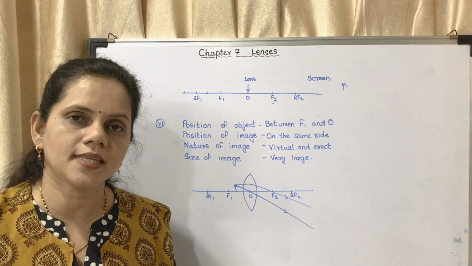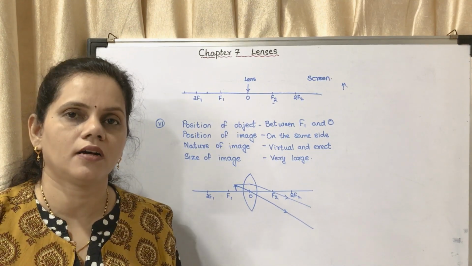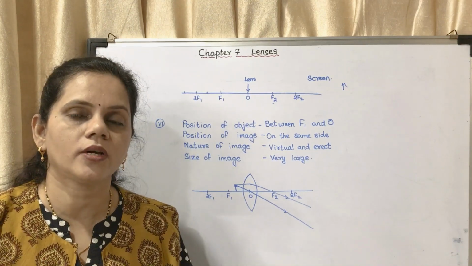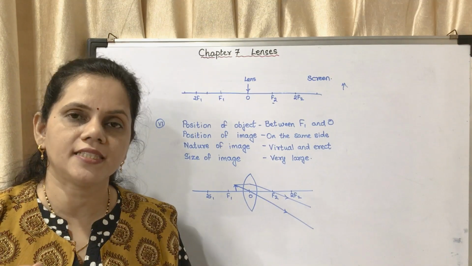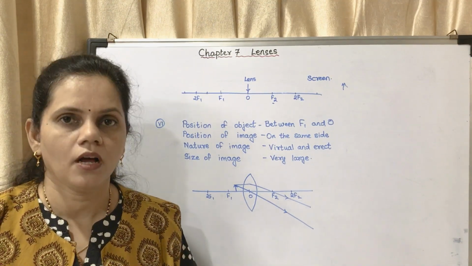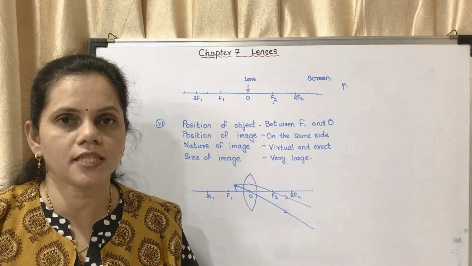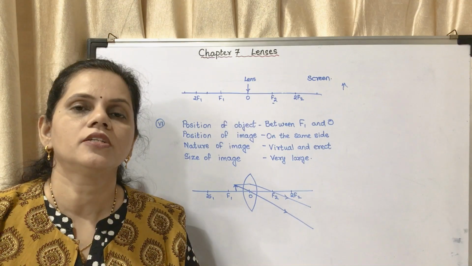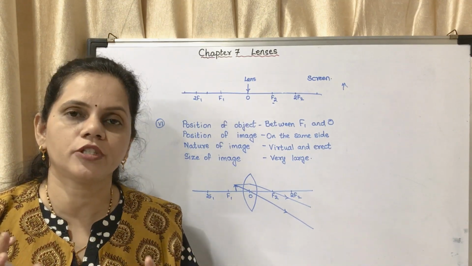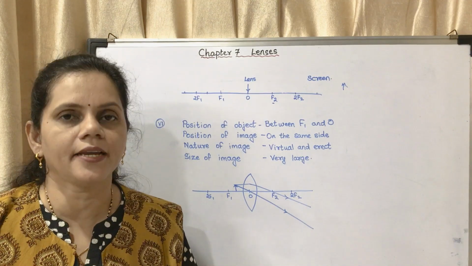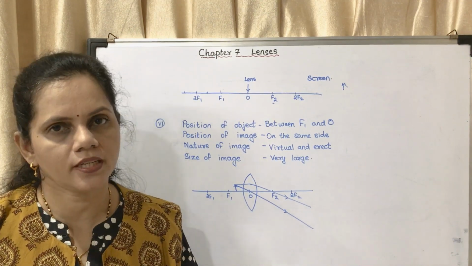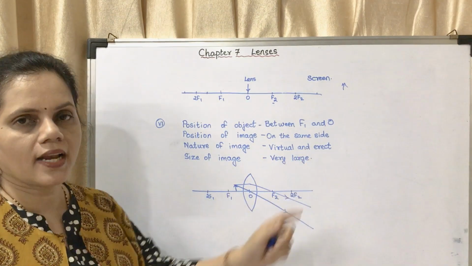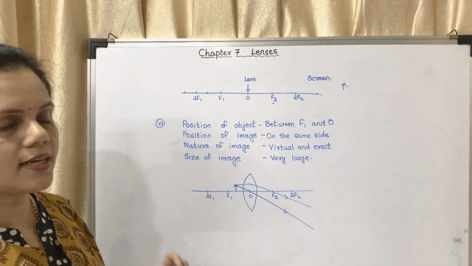The image which we see in plane mirrors, in our dressing rooms, when we dress up, we use a mirror. That mirror is a plane mirror. We can see ourselves inside a plane mirror. That is a virtual image. There is nothing on the other side, but it appears to us that it is on the other side. So that is a virtual image. You cannot project it onto any screen. So that is the main difference between real image and virtual image. Now in this case, the image is virtual and erect. How to draw the ray diagram?